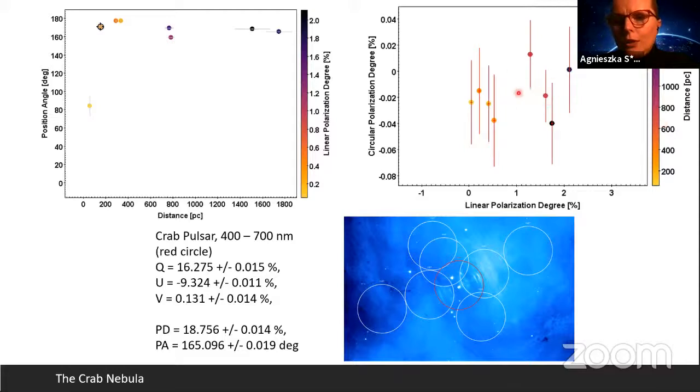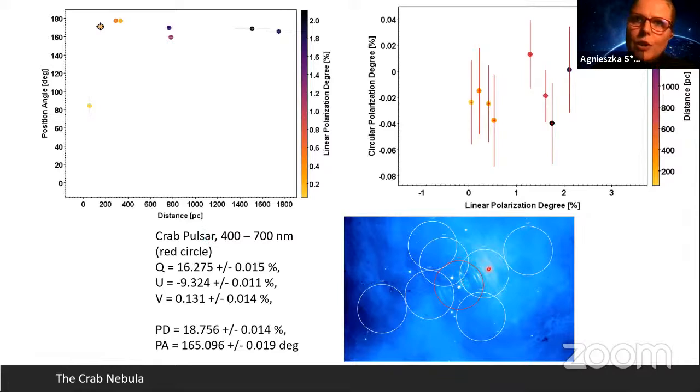With color, now here in this panel, you can see that the colors indicate the distance. So basically, these four stars are closer and these are farther, but nevertheless, the circular polarization here is 0. So for the moment, our result for the Crab nebula, not the Crab itself, is that the Crab pulsar, which is